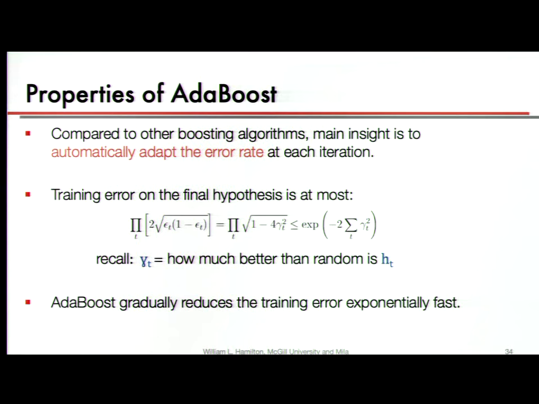What you need to worry about is that at the end of the day, the error that we have when we run this AdaBoost algorithm is going to be less than e to the power of -2 times the sum of how much, basically, the error rate of each of our models. So what this means is that by adding more and more models, we actually end up with an exponential reduction in the bound on our error.